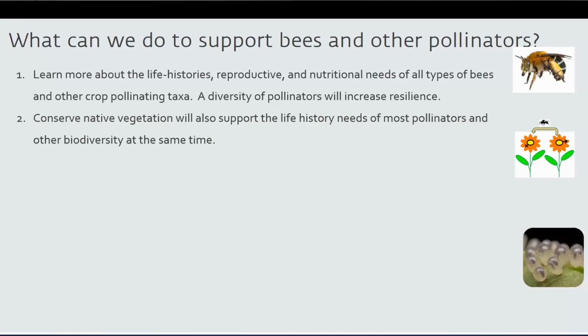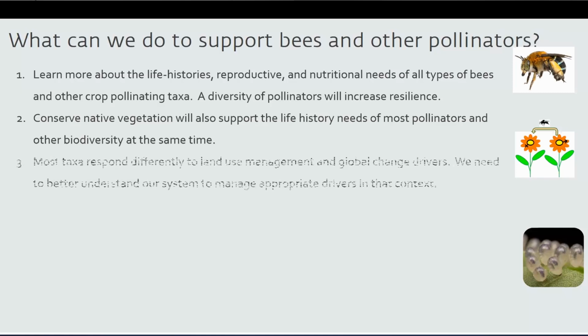resources to support bees. The next is generally there's a really strong relationship between native vegetation and wild bee communities, and also managed bee communities to support their foraging needs. So we need to conserve native vegetation in our landscapes to be able to support the biodiversity that's there. We also know that most taxa will respond differently to different types of land use management and different